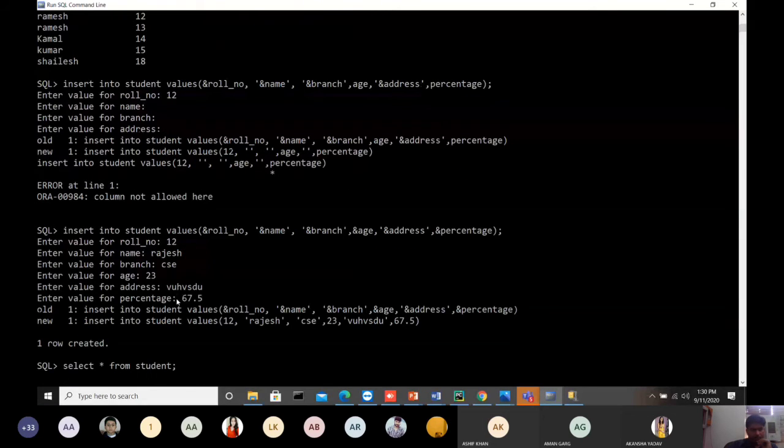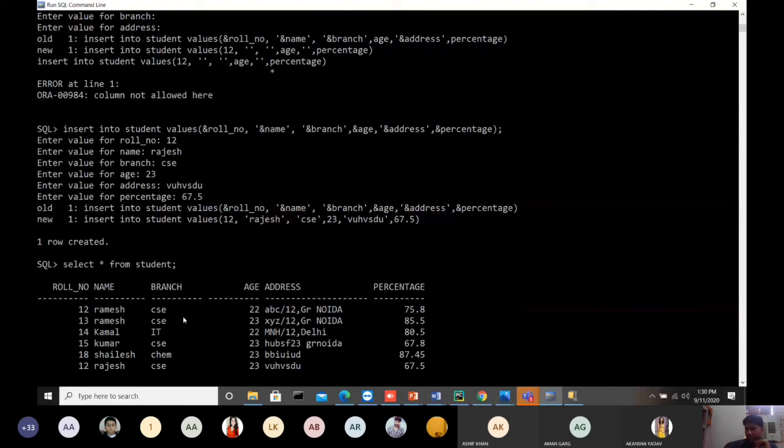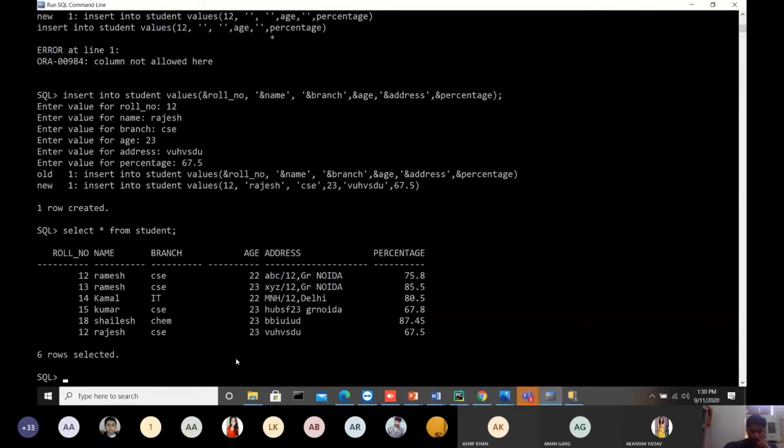So we have to specify some constraint so that your roll number must be unique, your value must not be null, or your value must belong to a particular set. All that can be done with constraints, right? So how can we specify the constraint in the table?